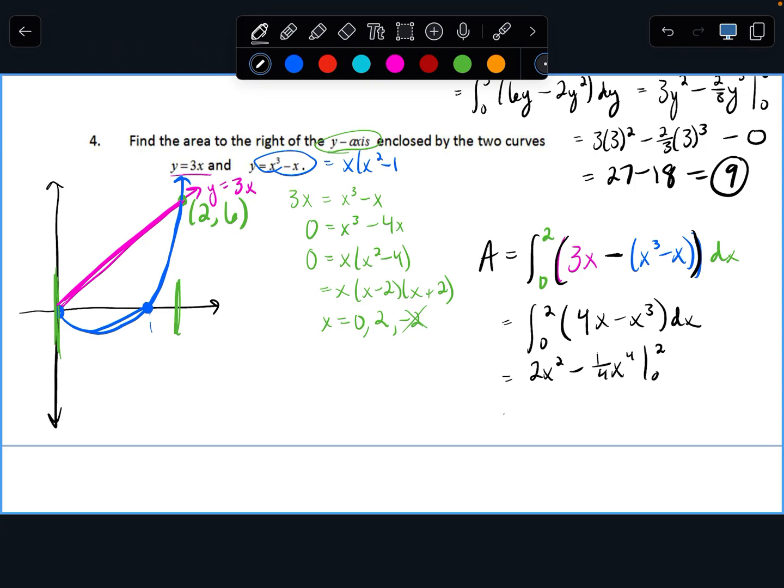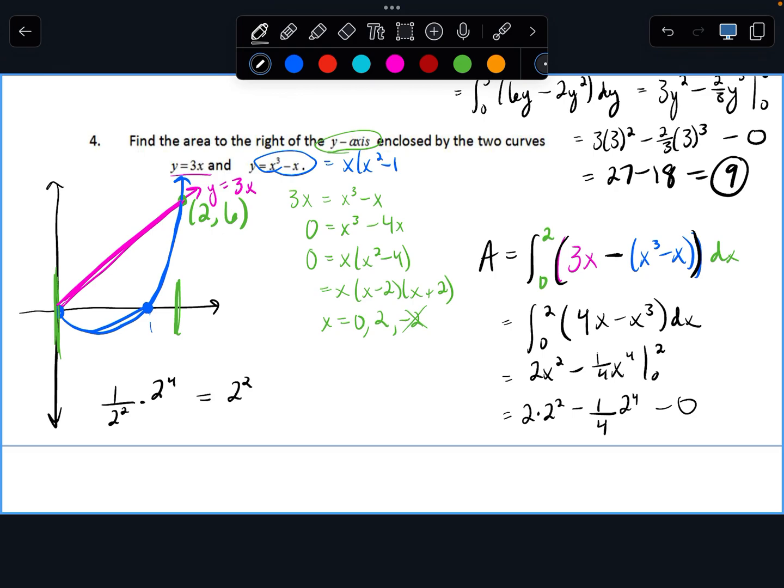Oh, little tricks, little mathy tricks. 2 times 2 squared, I don't think that's an issue. 1/4 times 2 to the 4th. And then minus 0, because that's not going to happen, right? But this one, this is 2 times 2, right? So 2 times 2, and there's 2 2's on the numerator, you can cross reduce them. So that's just 4 for that first term. Do you know what I'm saying? Because you could think of it as this,